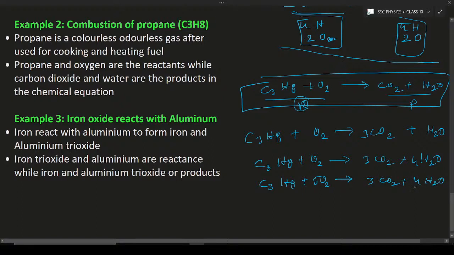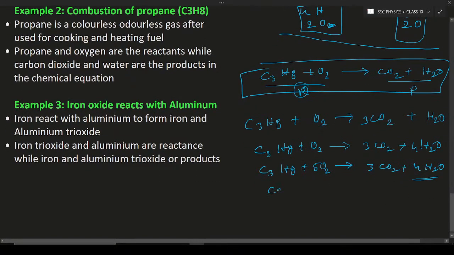So we have found that by adding 5 before the oxygen on the reactant side, we can balance the chemical equation in this way. You can also write the chemical equation as C3H8 plus 10 O2 gives rise to 6 CO2 plus 8 H2O. This may also be correct, but what we discussed in the steps,